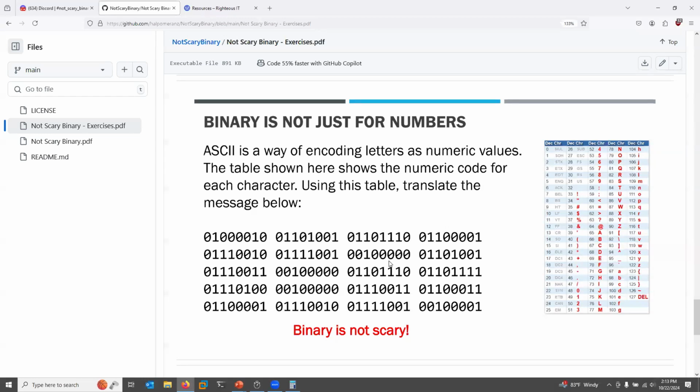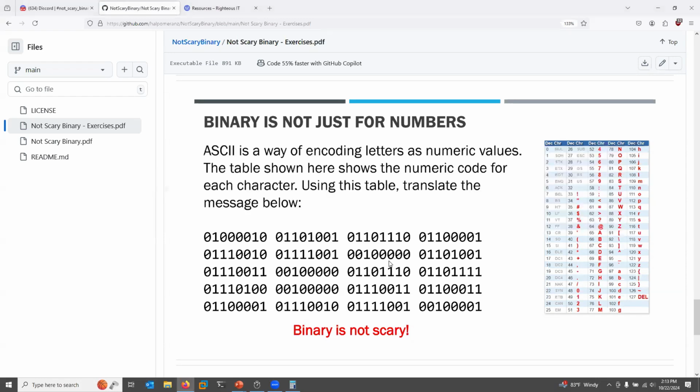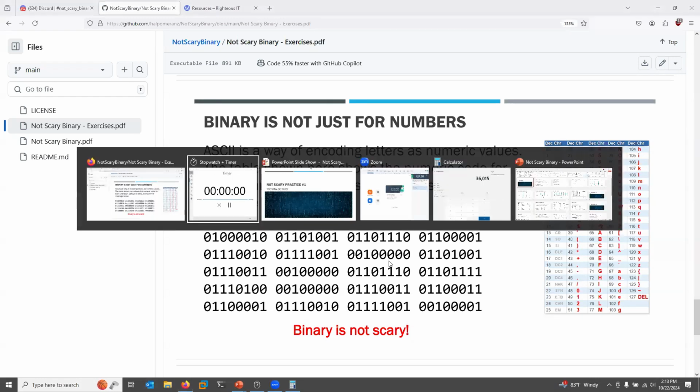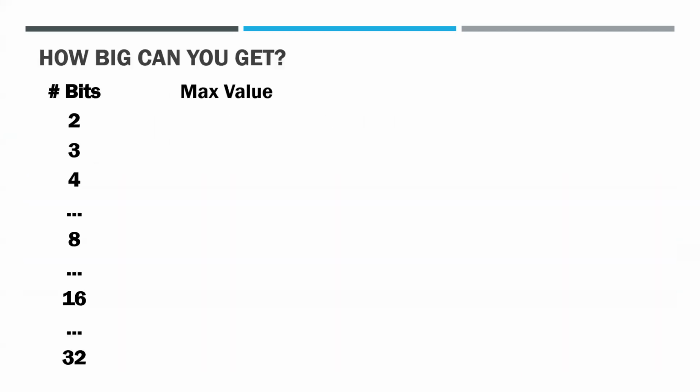Okay. We're going to go ahead and roll on into the next section, of course, here. Oops. Nope, not where I want to be. That's where I want to be. Okay, cool. So